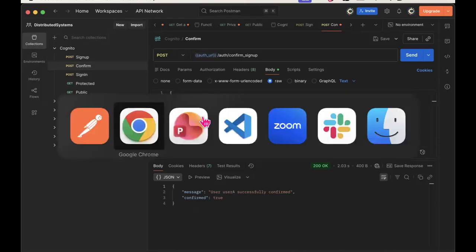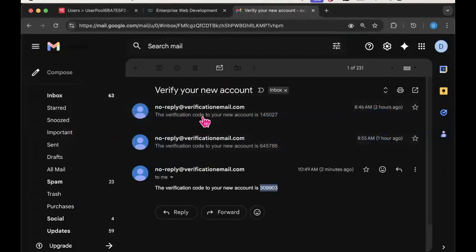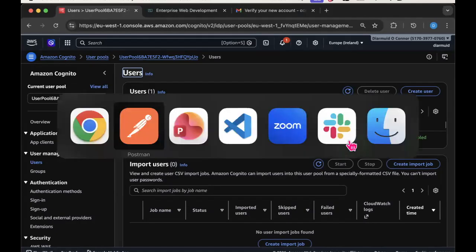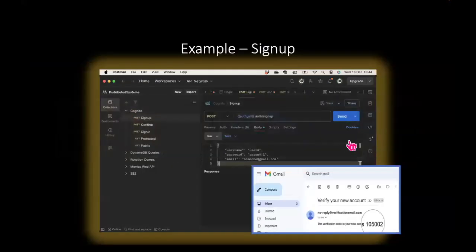And if I flick back to Cognito, and if I do a refresh, we can see that the status of the user has changed now to confirmed. So, something has happened anyway. Okay. So what's been happening now, if I go back to here,